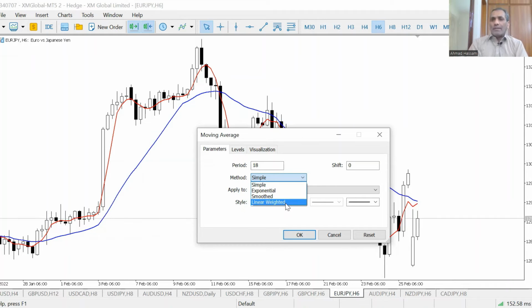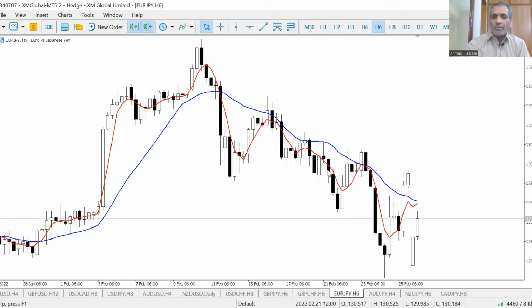Don't over optimize your trading. I always use the simple moving average. It's the best. You should also use simple moving average. Using these exponential, smooth, linear weighted will not give you an edge. All are the same. So this is how we're going to trade. We're going to only open a long trade when this fast SMA is above this slow SMA, and we're going to only open a short trade when the fast SMA is below this.